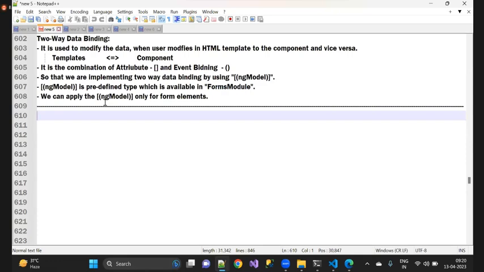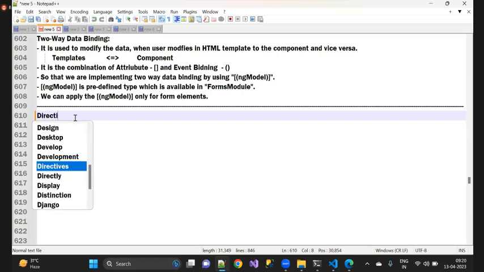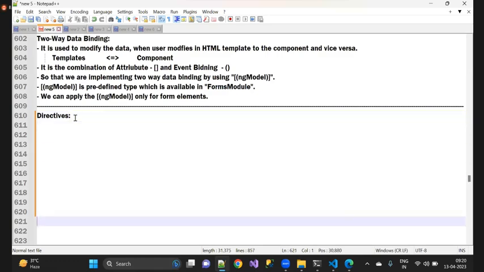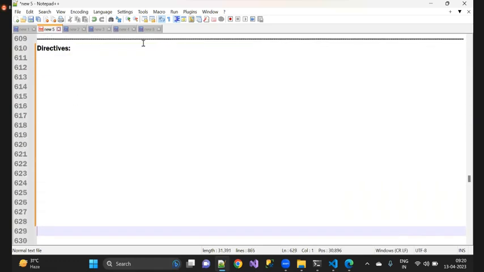Now in today's session, we will be starting or working with a new concept in Angular. That is what we call directives. Understand? So the next concept that we are going to start in Angular is going to be